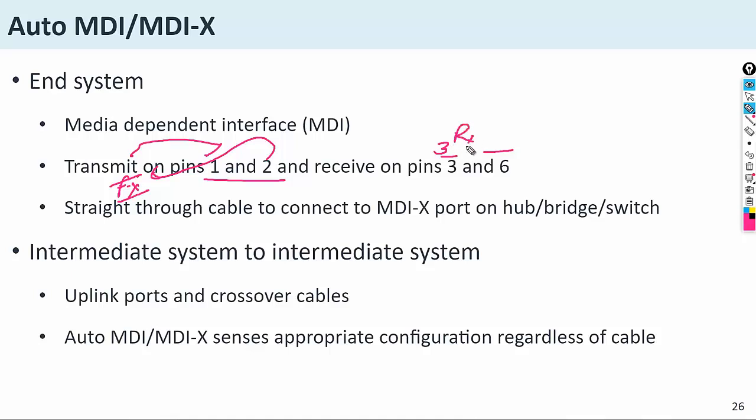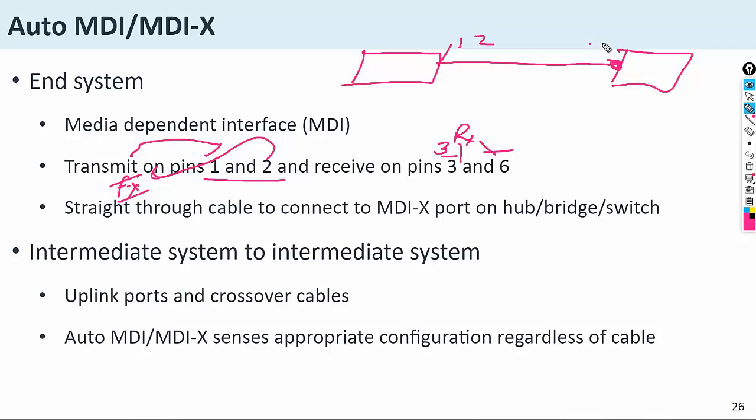For example, if this is a switch and here is one device which has the transmitter on 1 and 2, it will automatically convert the receiver to 3 and 6. Automatically it will convert.